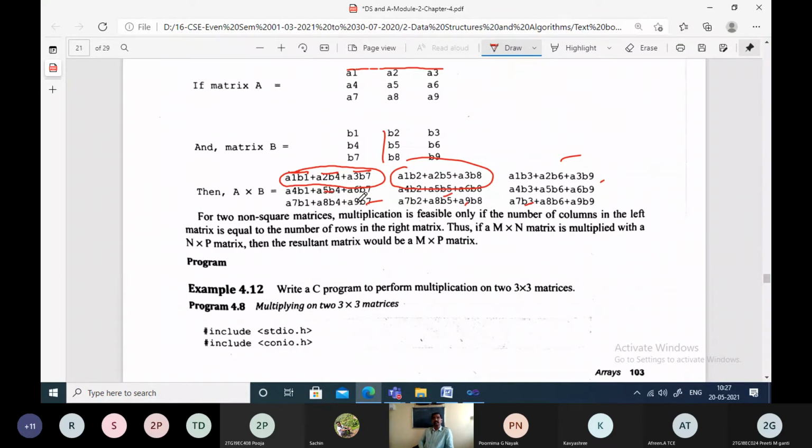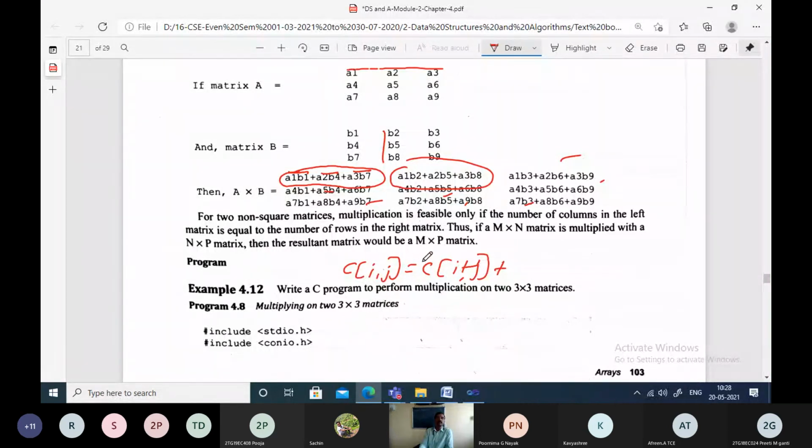That means three levels of for loop will be used, because we know that a matrix multiplication result is always given by C of ij equals the present value of C of ij plus A of ik into B of kj, which I'll show in the code now.